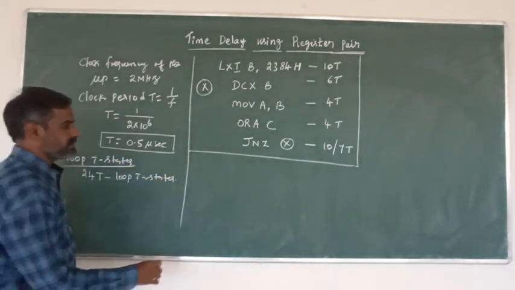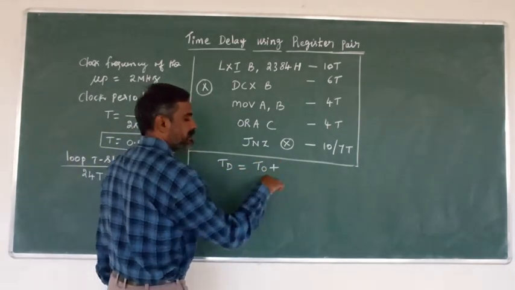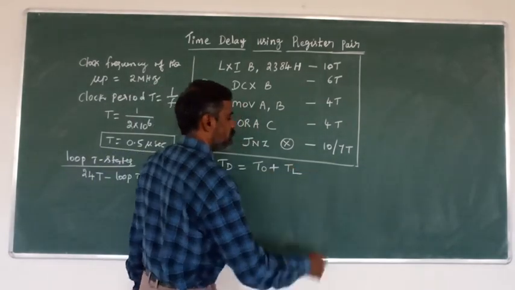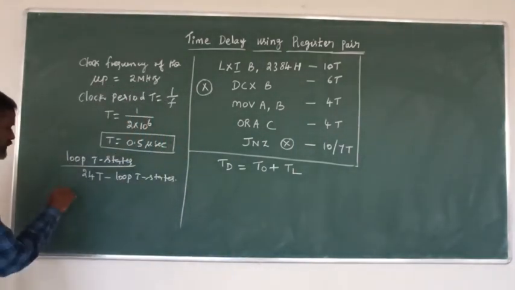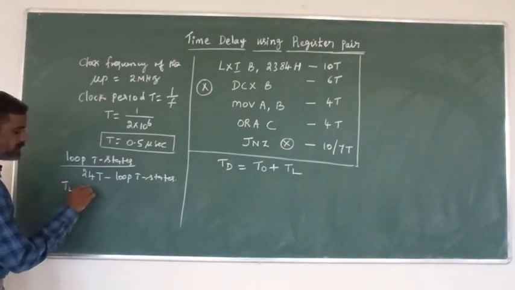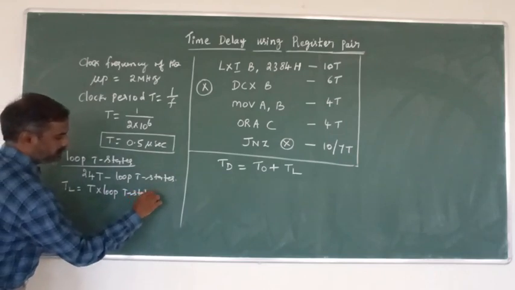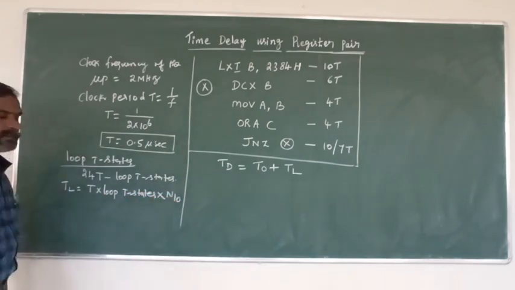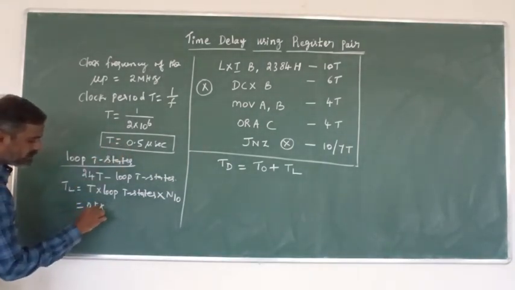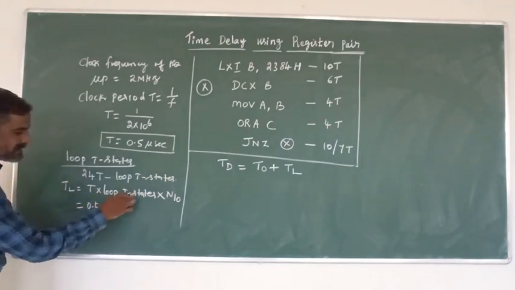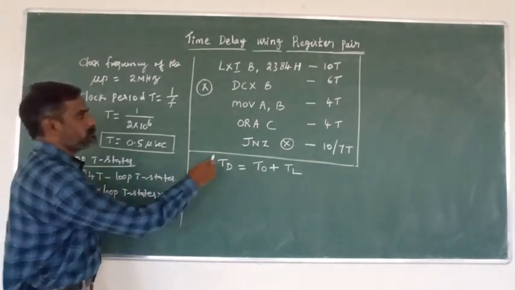Now the formula: TD, total time delay, equals outside loop time delay plus loop time delay. First, to calculate TL, the formula is Tn equal to time period into loop T states into n base 10. Here the time period is 0.5 into 10 to the power of minus 6, loop T states required are 24, and n base 10 means